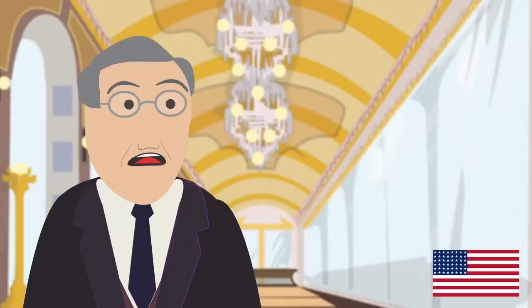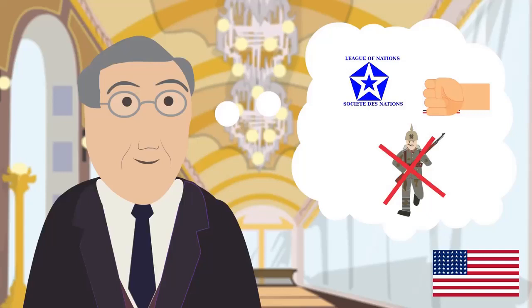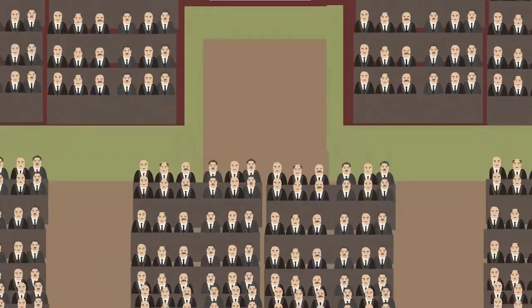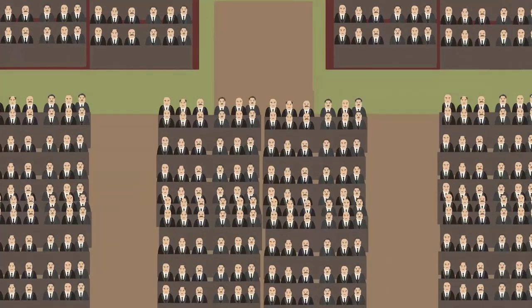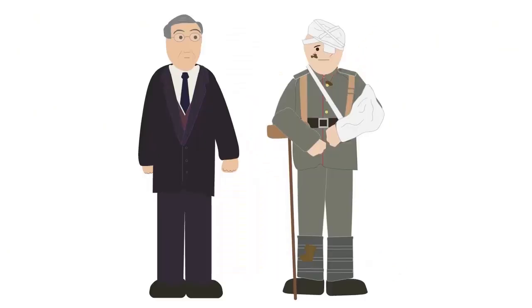This was difficult because Wilson was opposed to harsh punishment for Germany. The USA had not been involved in the war as long as Britain and France and had not received as much damage. He wanted to prevent another world war by creating the League of Nations based on his 14 points, to ensure Germany would not be destroyed and that Germany shouldn't be blamed for the war.